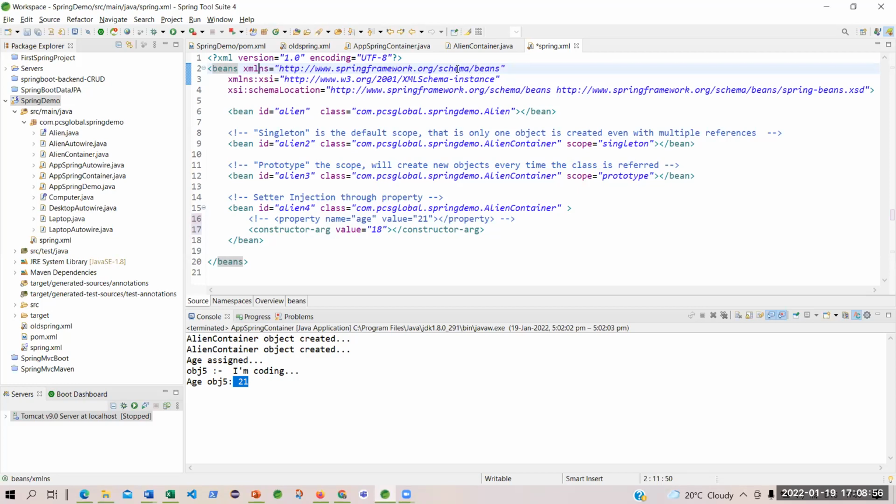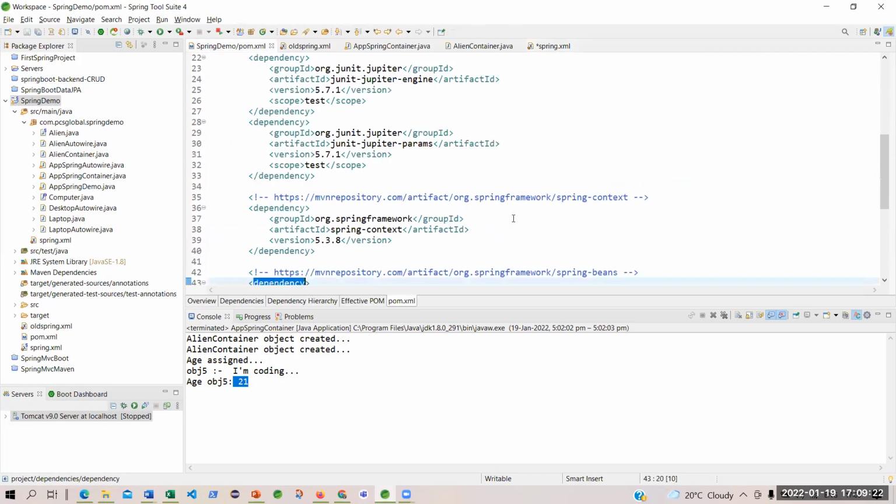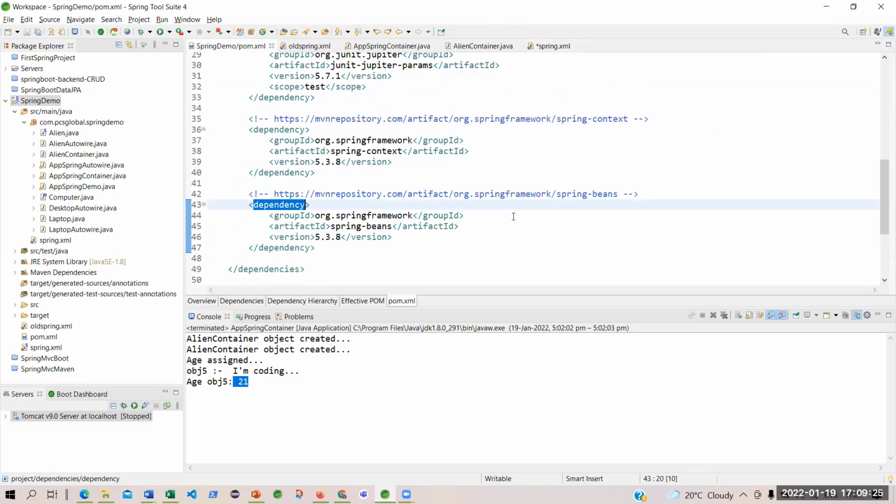The namespace is beans, the schema is beans. So everything has a meaning, and it is defining the container. This constructor-arg has been defined by Spring Framework under this schema, Spring Beans. That is what you have imported or injected, Spring Beans.